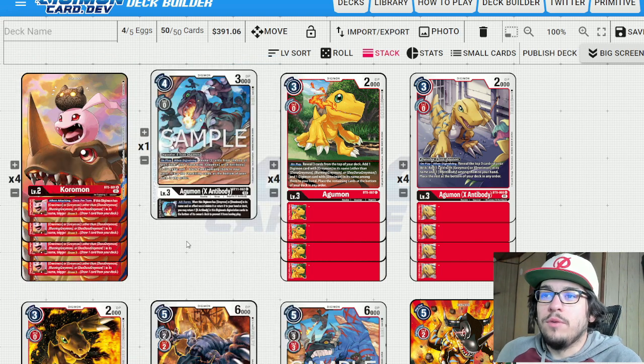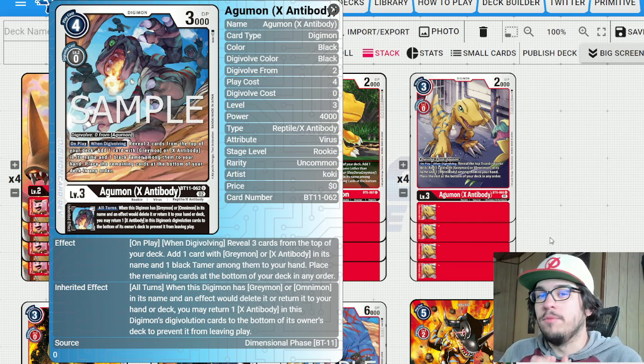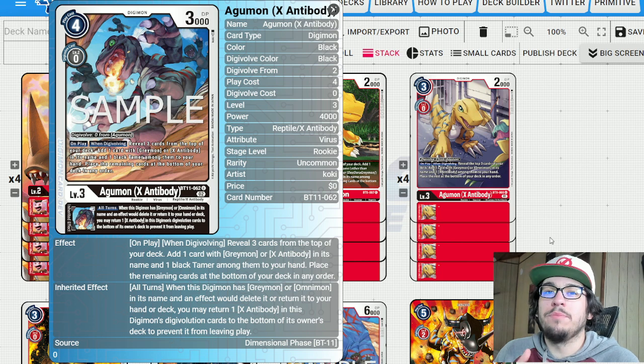Now, getting on into the rookies, we have one of the new Agumon X Antibody. I didn't want to put too much of this in here just because there aren't as many champions that can Digivolve on top of Black Digimon, so I didn't want to dilute my bottom end as much. I was playing this as a one of the plus 1k your turn, plus 1k DP inheritable Agumon, and I